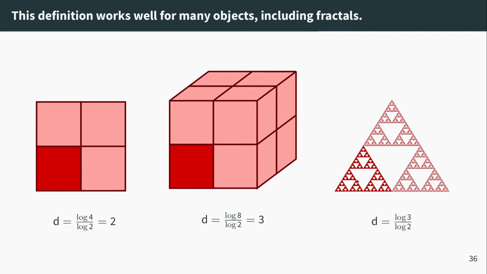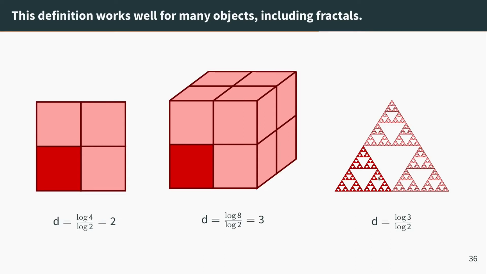And for fractal objects, like the Sierpinski triangle, here you had a small triangle, you multiply the edge length by 2, and you retrieve 3 copies of the same object. So that's why we said that this object has dimension logarithm of 3 divided by logarithm of 2. And that's why we said that the Sierpinski triangle is an object that has a non-integer dimension.